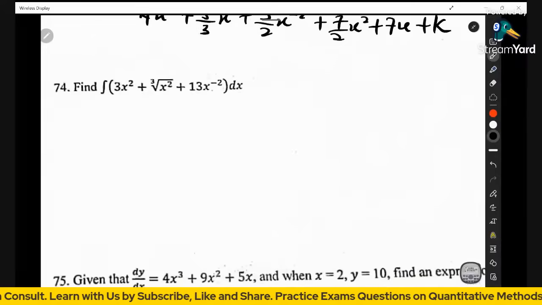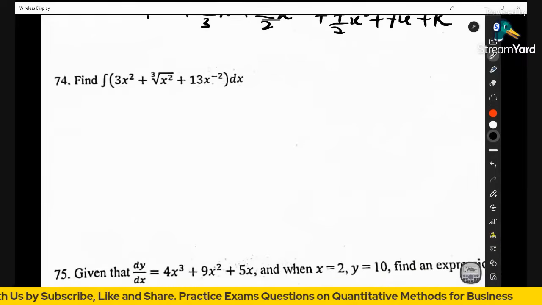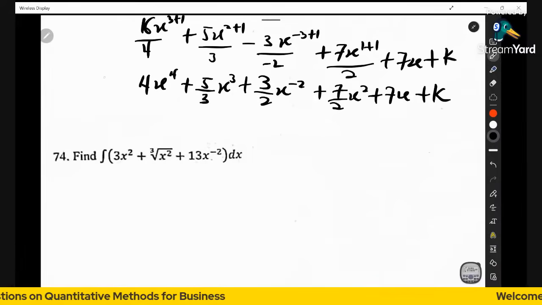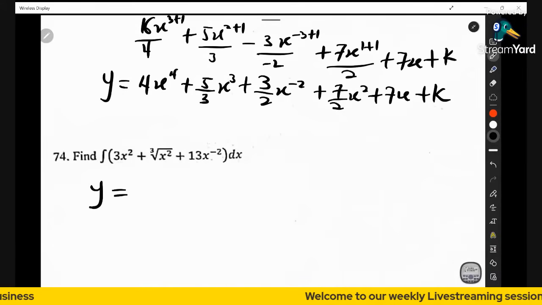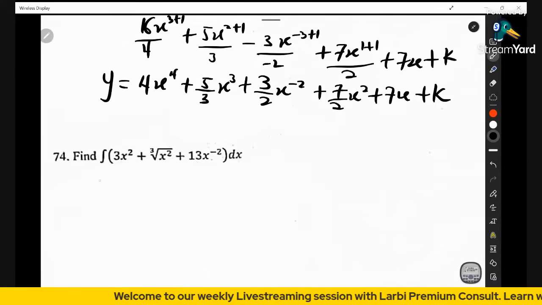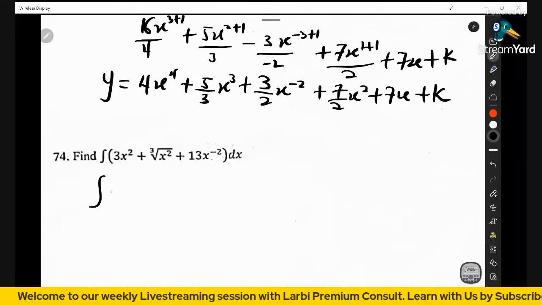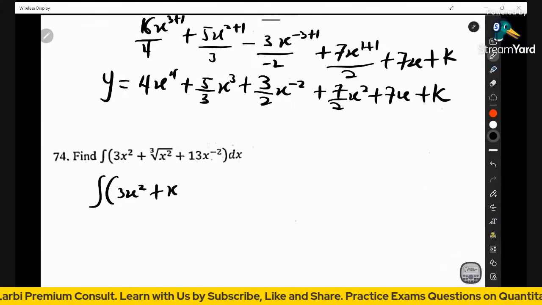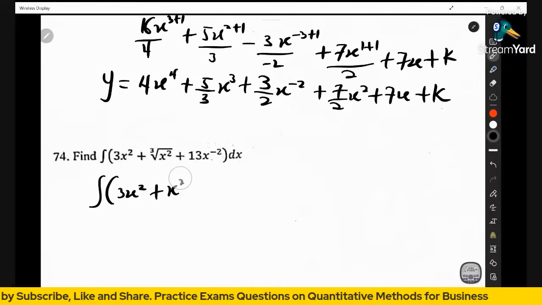Then question number 74. We have this. We have to find y, the value of y. So here's what we want to do. We can write this as 3s squared. For the sake of this, we have to bring in this. So here it becomes s squared, and this is a cube root that will multiply the 2. So it makes it